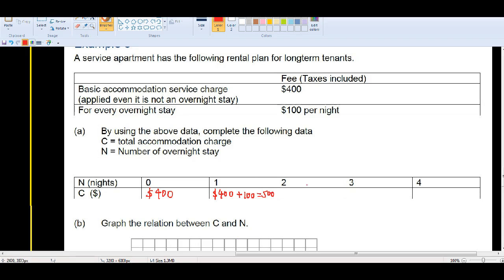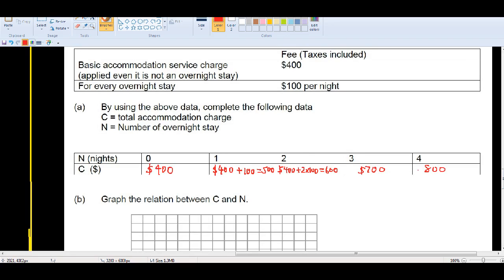And for a 2 night stay, it should be 400 again, but this time you stay 2 nights, so the total will be 600. For 3 nights, 400 plus 300, so it should be 700. For 4 nights, it is 400 plus 400, 800. Let's see if this shows us a linear pattern. So plus 1, always plus 1, plus 1. And the charge goes plus 100,